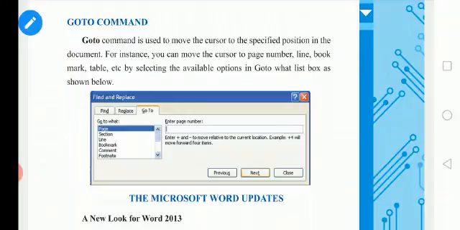For this you can use the go to option, and in go to there are so many options, either page, section, line, bookmark, comment or footnote. For bookmark, we have to make that bookmark while typing the text. If we want to enter the page number, select page and enter the number here. Then if you click next, it will move your cursor to the particular page. That's an easy way of going to the desired location.